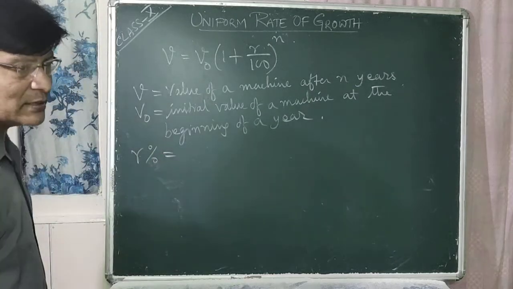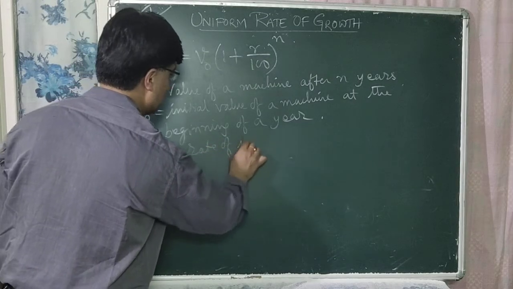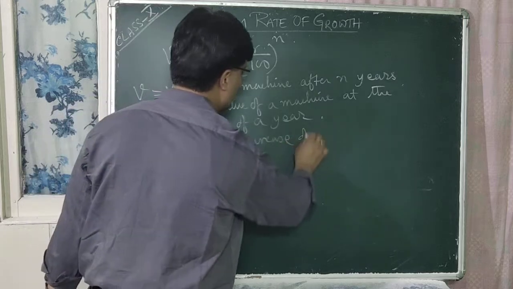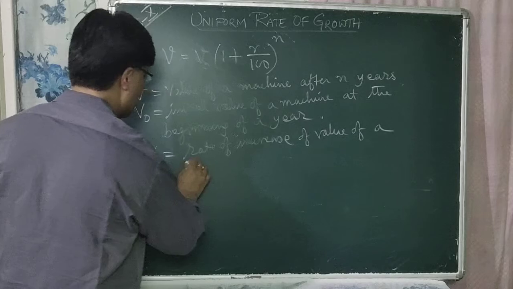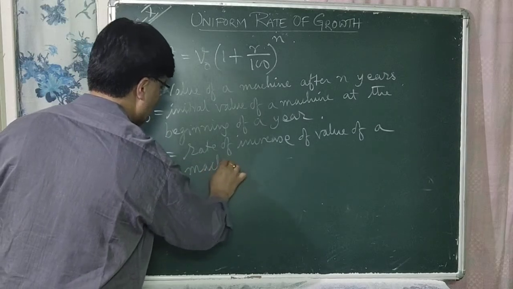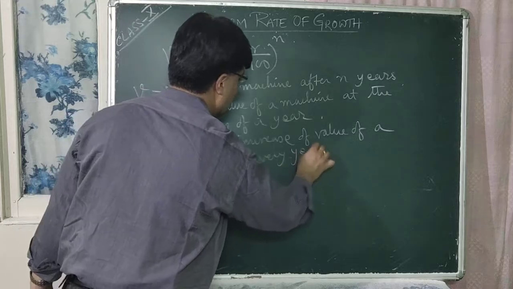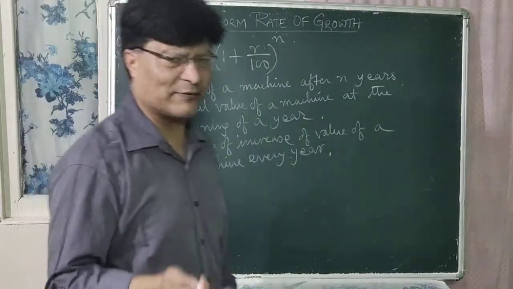R% is the rate of increase of value of a machine every year. So here we have assumed actually the value of a machine decreases every year